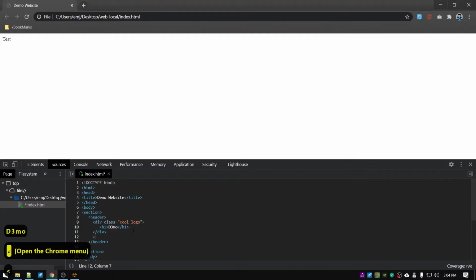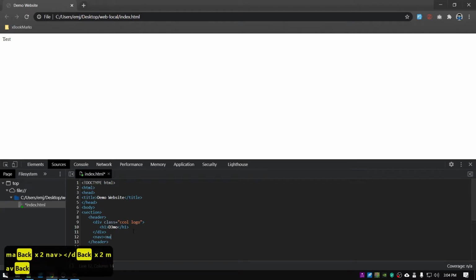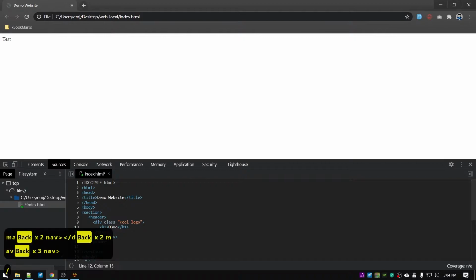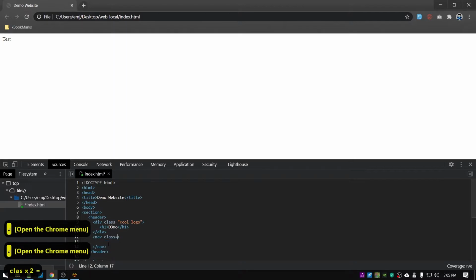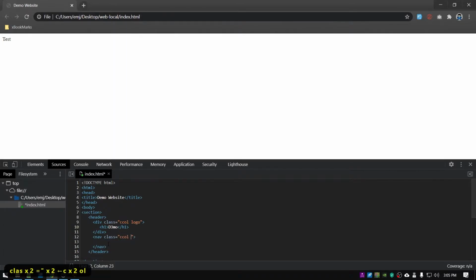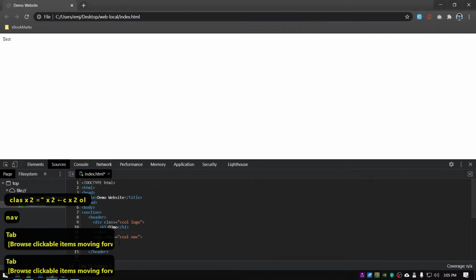Then we have the second as knob. Plus custom column knob. Then under that knob,